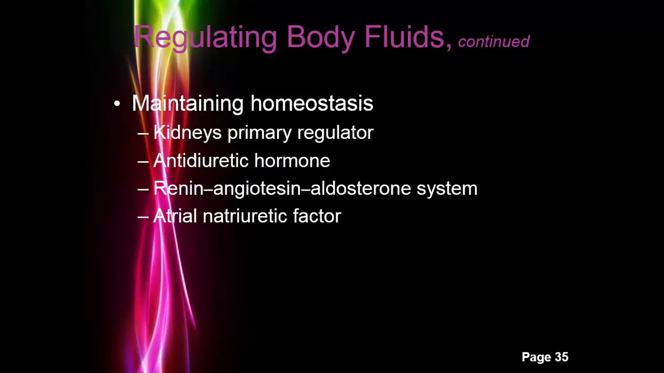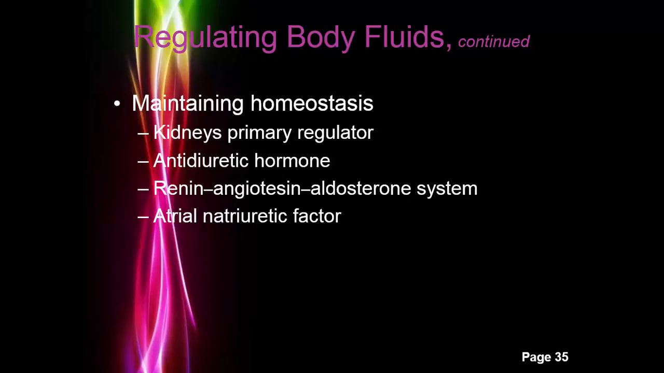All right, regulating body fluids, maintaining homeostasis. Your kidneys are the primary regulator of body fluids and electrolyte balance. As kidneys regulate and filter waste, they return electrolytes like sodium and potassium to blood for use. Your antidiuretic hormone helps to regulate water excretion from the kidneys. Your renin-angiotensin-aldosterone system has specialized receptors in the kidneys that respond to changes in renal perfusion. So this initiates the